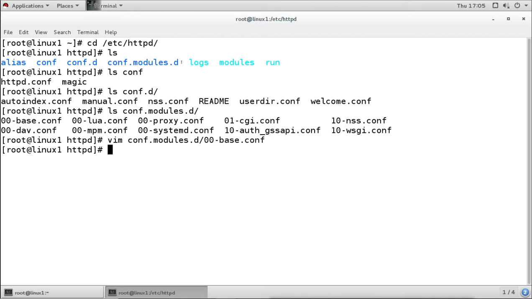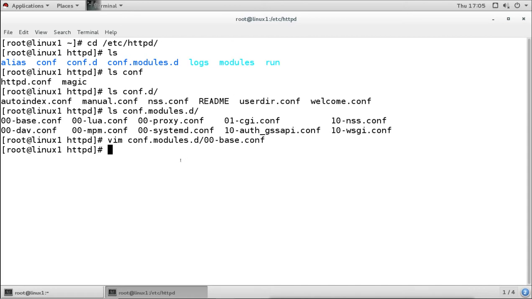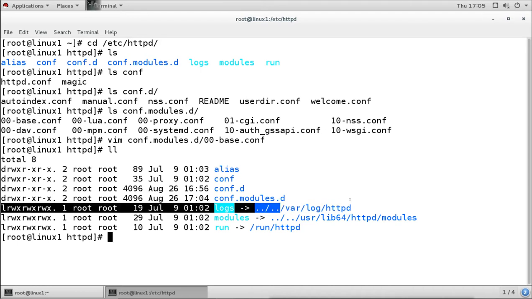Then the directory for the logs, you can see here it is not a directory, it is actually a link. The log directory, the modules directory, and run for running PIDs are all links. If we use the long listing, we can see that the log directory is here, but it is actually located under /var/log/httpd.